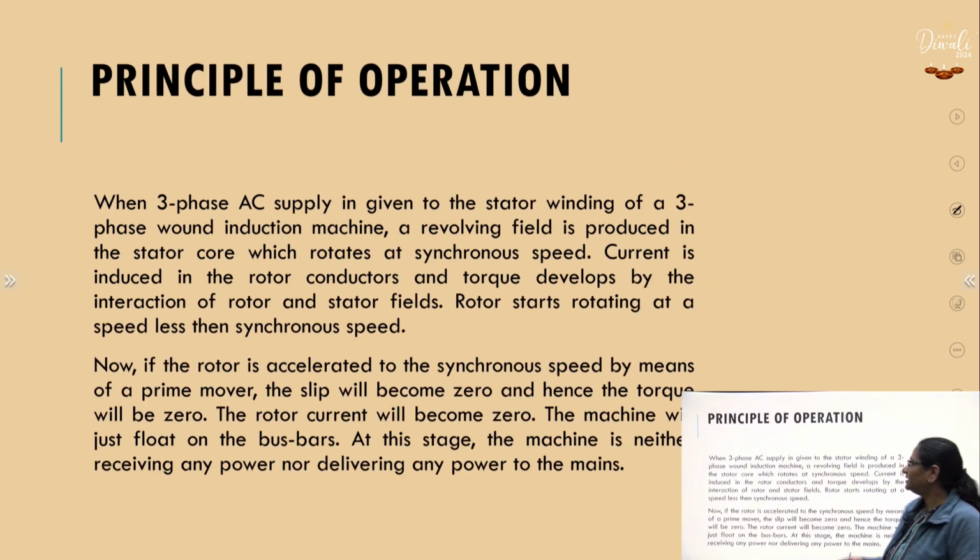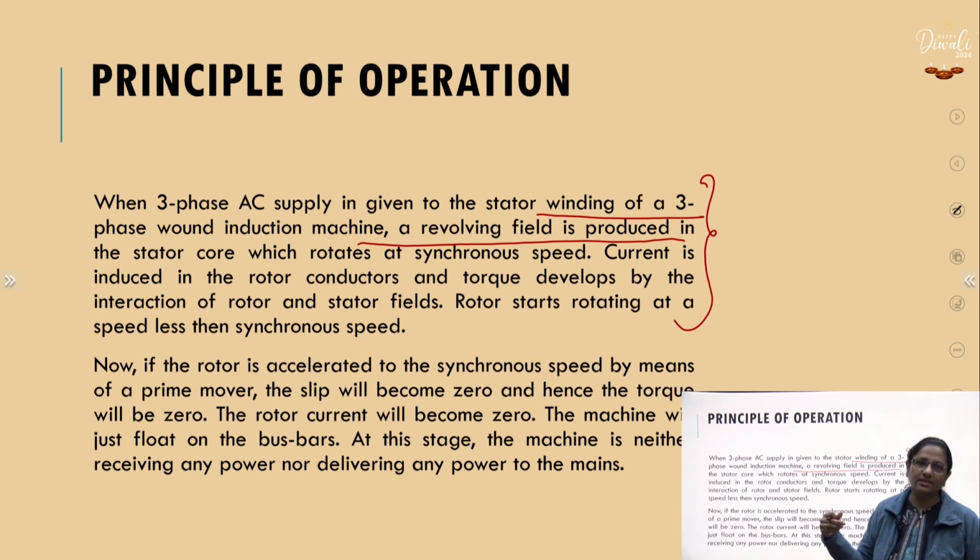When the three-phase supply is given to the stator winding of a three-phase induction motor, a revolving magnetic field is produced in the stator core as well as in the air gap of the machine, or I must say in the magnetic circuit of the machine. This magnetic field rotates at the synchronous speed, you know that well. Current is induced in rotor conductors and torque develops by the interaction of the stator and rotor magnetic fields, and